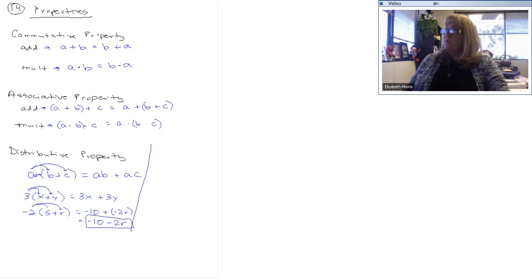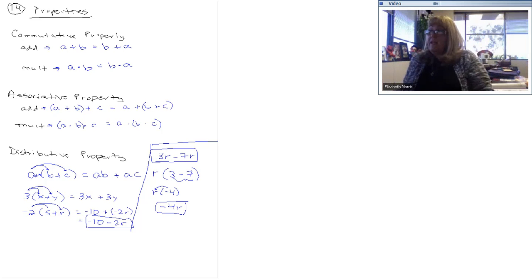They also want you to see, what if I had 3r minus 7r? They want you to see that you could go backwards and put the r on the outside and put the 3 and the 7 on the inside, because then what is 3 minus 7? Negative 4. And what's negative 4 times r? Negative 4r. That is the long way of simplifying, which is what we're going to get into next in 1.4,